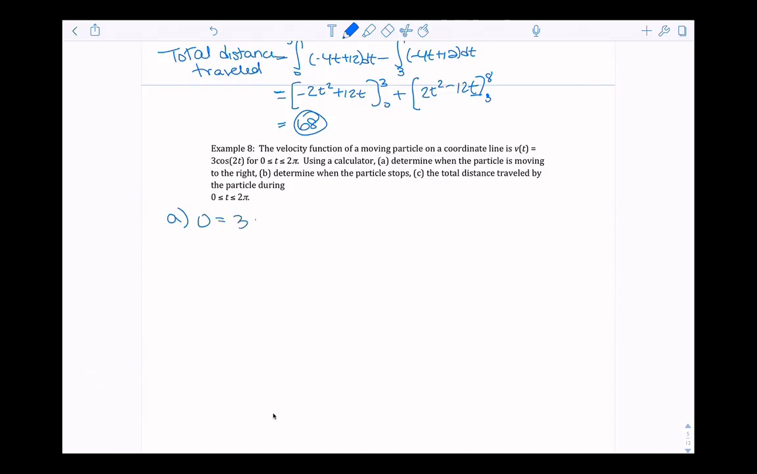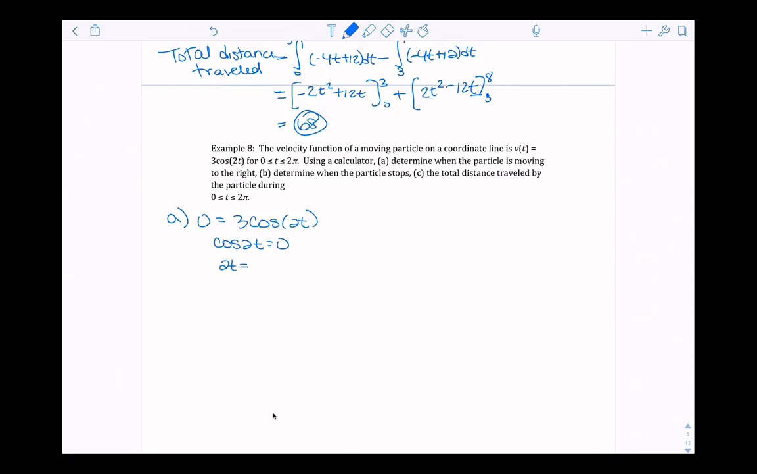So 0 is equal to 3 cosine 2t, and then you want to figure out where cosine of 2t is equal to 0, which you could use your calculator. You can graph cosine of 2t, set it equal to 0, and figure out your values. Or we can go back to advanced math, and we could say